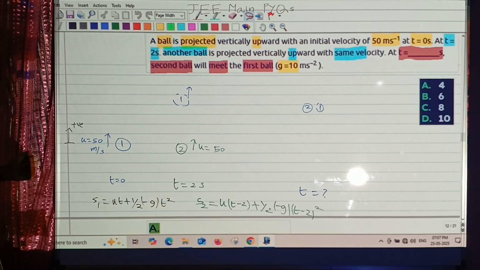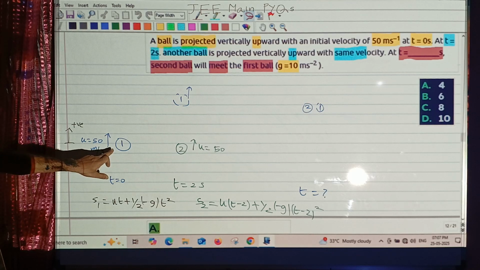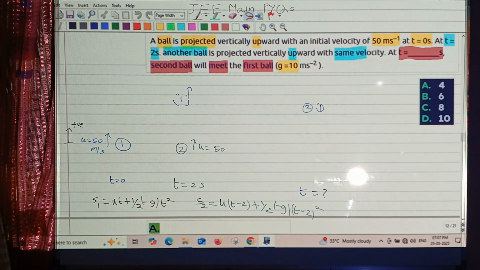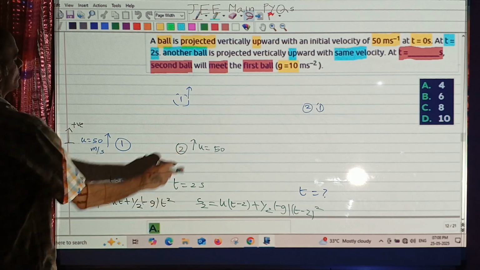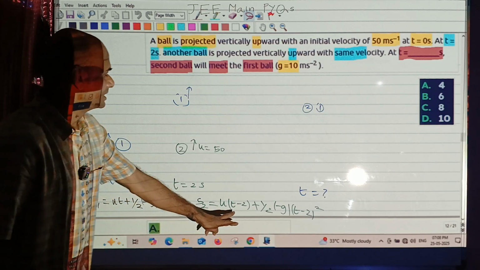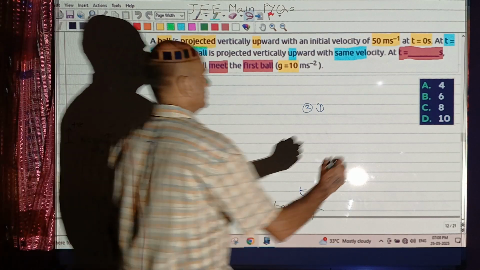The clock starts at t equal to 0 when the first ball is getting projected upwards from the ground. So if I put t equal to 2 seconds, the displacement of the second ball should be 0. That is true if I put t as t minus 2. So when they meet,